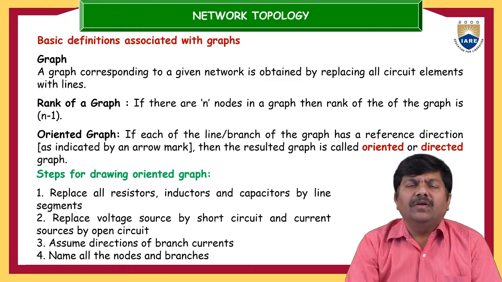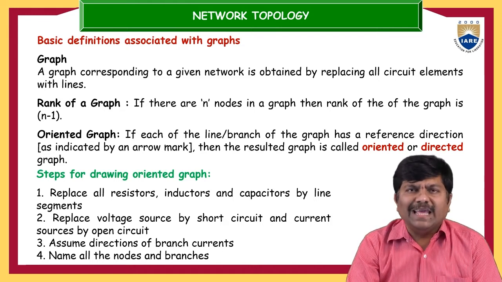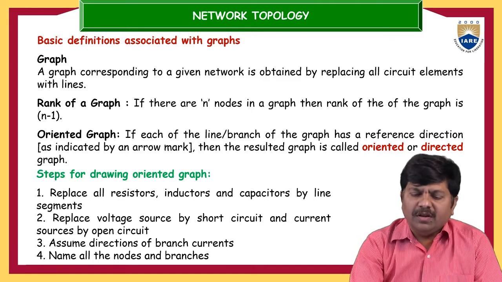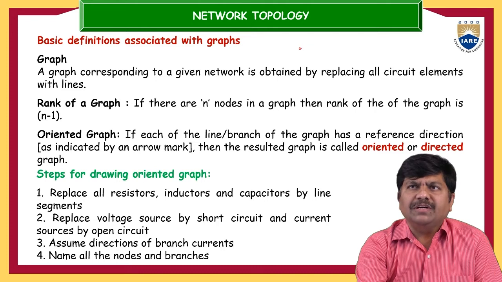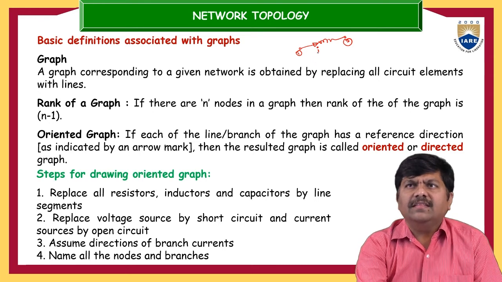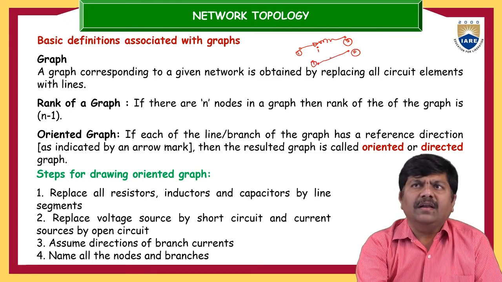Next one is the oriented graph. What does oriented graph mean? In its name itself, orientation. If all the branches in the graph are represented with the direction of the energy flow. Suppose in the electrical circuit, let me take one branch here. This is an inductor, let us assume between node 1 and node 2, and the current is like this. Now, if you want to represent the network graph for this, node 1 and node 2 are like this, and this is the current direction. So this is the energy flow.